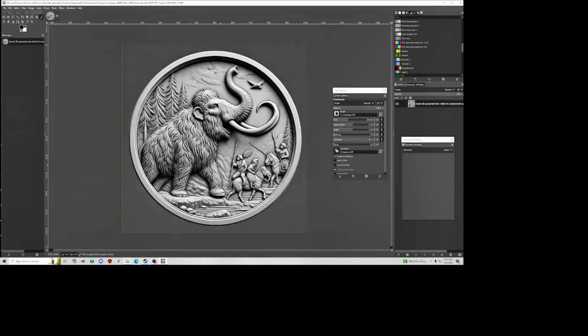Okay, so in this image that we're looking at, the only thing that I really like is this mammoth. I really like the mammoth, and I want to use him in something else. But the rest of this is just garbage, right? So